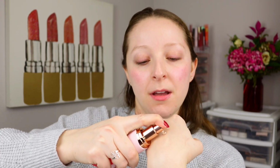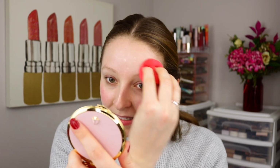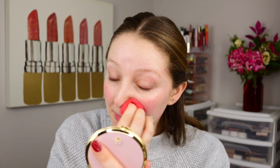I'm gonna do another pump on the back of my hand here. But even with all of this moisture, my skin is not looking greasy. It doesn't feel like a lot of product on my skin or anything like that. Just radiance, helping to even out my skin tone a bit, because you can see I've got the redness in my cheeks here, a bit of unevenness to my skin tone,